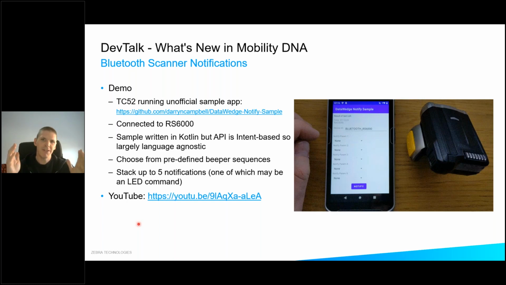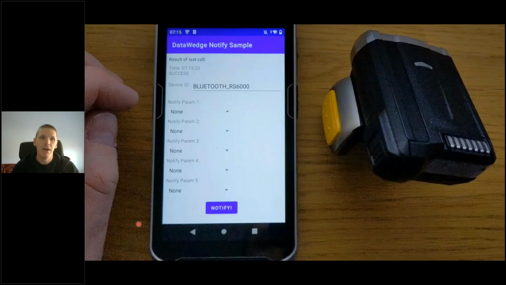And you can specify 5 different parameters, and it will, in series, execute those beeps. So beep, beep, beep, beep, beep, if you wanted to program it like that. What you can't do though is flash the LED. You can't say red on, red off, red on, red off in these parameters. If you want to flash the LED, you need to time that yourself and invoke the API multiple times. So I'll just show you the